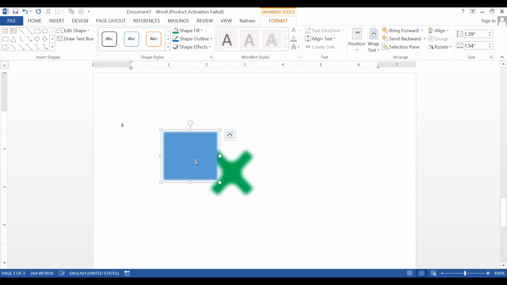Can anyone tell me how to bring the green color in front of the blue color shape? Please tell me the steps. Quickly tell me.